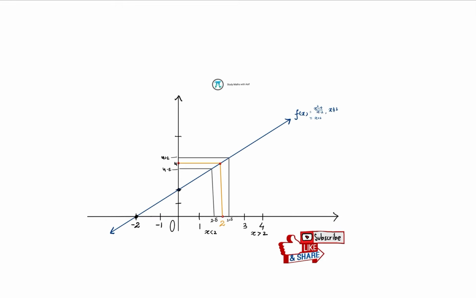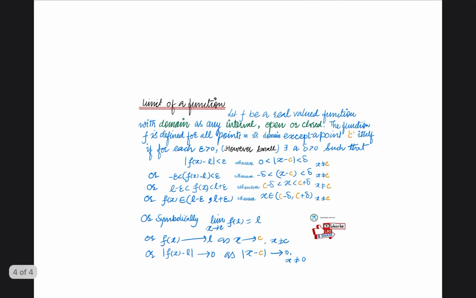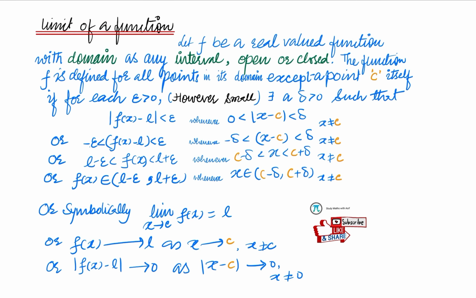Things are abstract for us, but if you understood this example, then you can appreciate the definition of the limit. So I request you, repeat this video 1 or 2 or 3 times, right? Then understand this example. Once you understand this example, then you will appreciate the idea of the limit, right? So now this is an abstract definition. So I told you in the beginning, and I tell you again, please repeat the video once or twice so that this definition can be